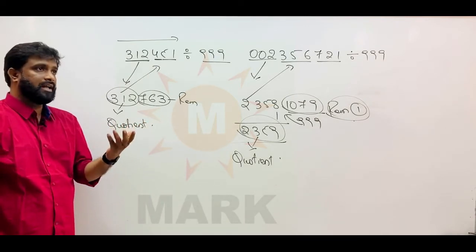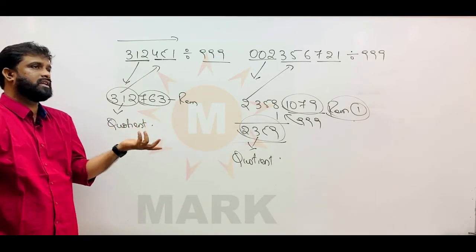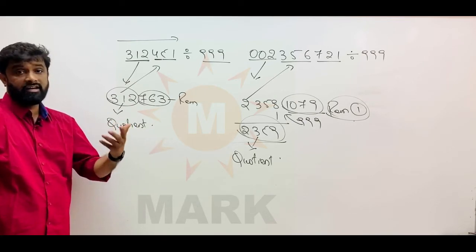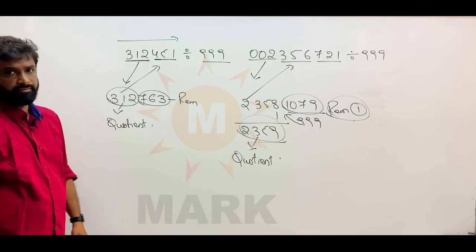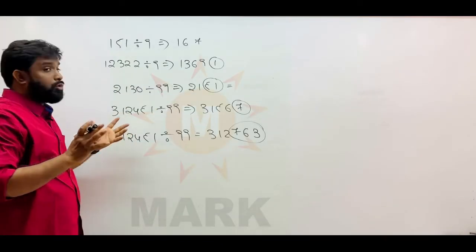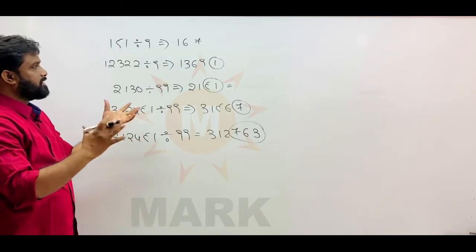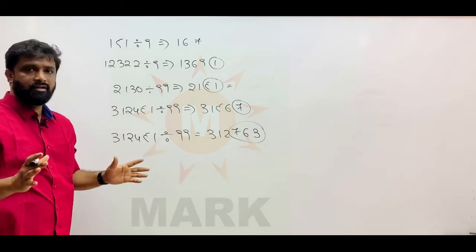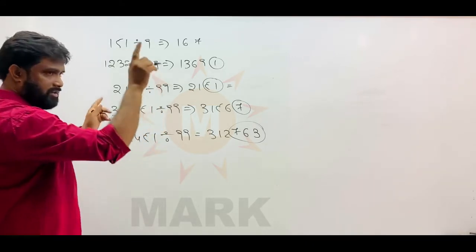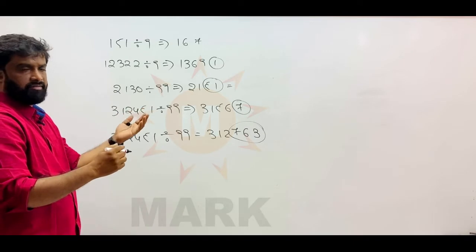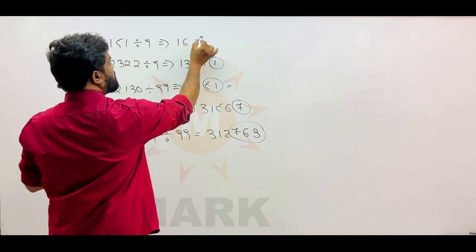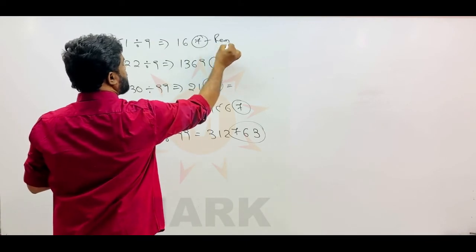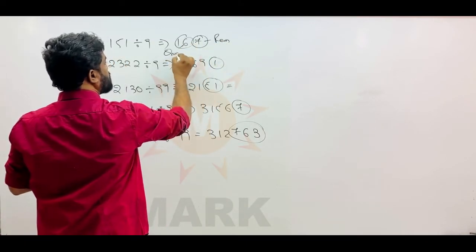So by 9 you can think, okay, I know the 9 table, I can do it very easily. But when it comes to 99 and 999, this trick will be very useful to you. Now friends, there is one more great point hidden in this technique. This is very, very important and useful actually. So you can go through the previous numbers that I have taken. When I divided 151 by 9, you got 7 as a remainder and 16 as quotient, right?